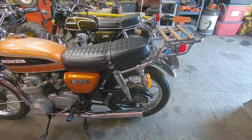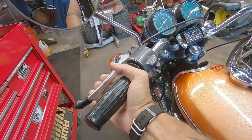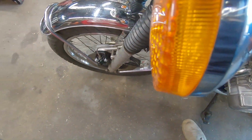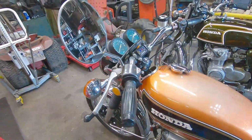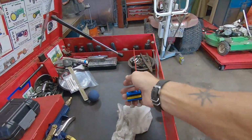But what I'm going to do today is the clutch cable. You can hear it. Listen. The clutch cable's in desperate need of being lubricated, so we're going to grab our trusty cable lubricator and lubricate that cable,